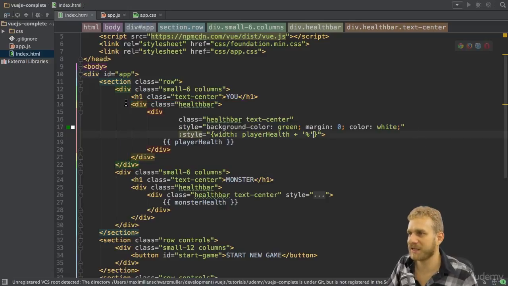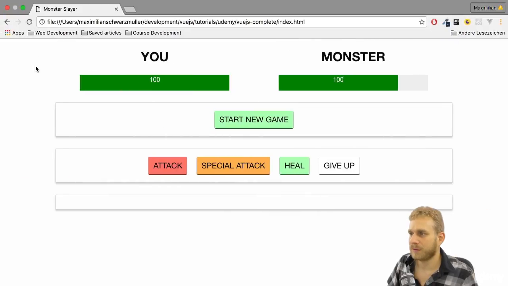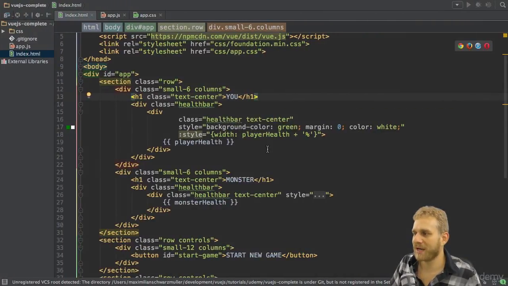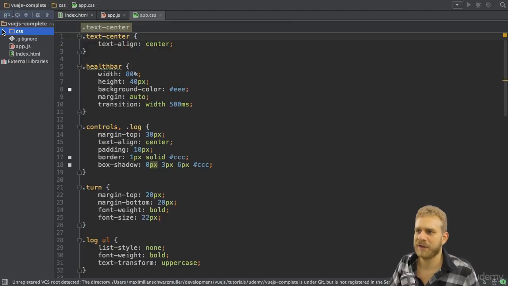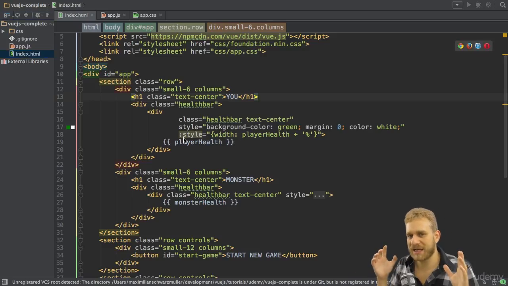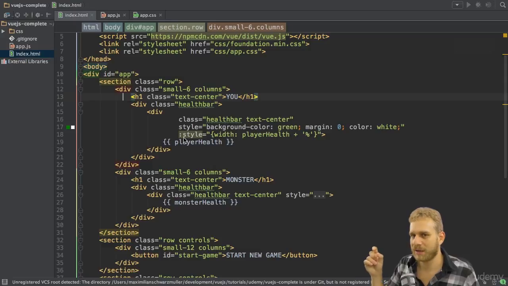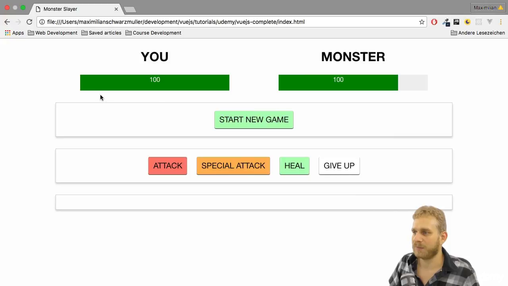So if we save this and reload now, we see it's the full width of that because we set it to 100% initially instead of 80%, which we had otherwise. Side note, correctly you might say, but the outer div also has the CSS class health bar, and it does, and health bar is set to 80% width. So why is it now 100% just when we change the inner one? You have to keep in mind the outer div, the gray health bar we saw before, was 80% of the size of the div holding that health bar,